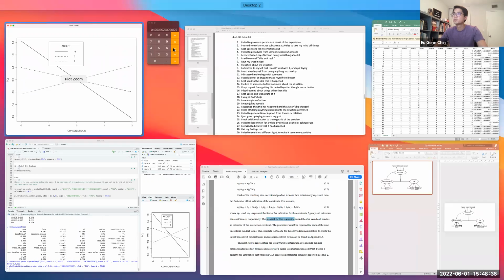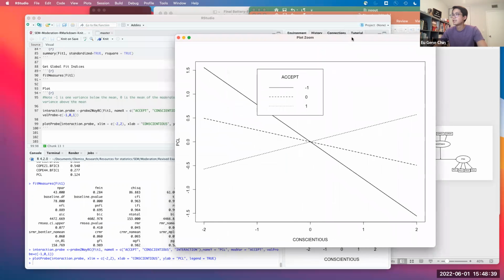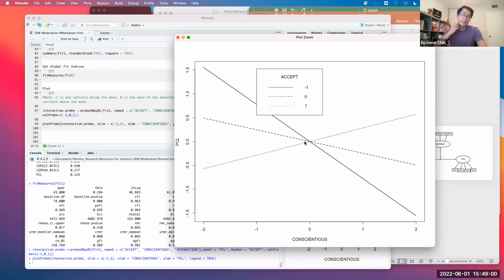As you can see over here, visually, it does seem pretty tempting to say that there is an interaction going on. But again, the statistical significance does not tell us that. You might also notice that when conscientiousness equals 0, PCL appears to be 0, and acceptance, as well as the intercept for acceptance, all appears to be focused over here. The reason for that is, again, because all of the latent variables were fixed to have a mean of 0. So this will really only be helpful if you have a statistically significant interaction that you want to show in the paper that you're wanting to publish.